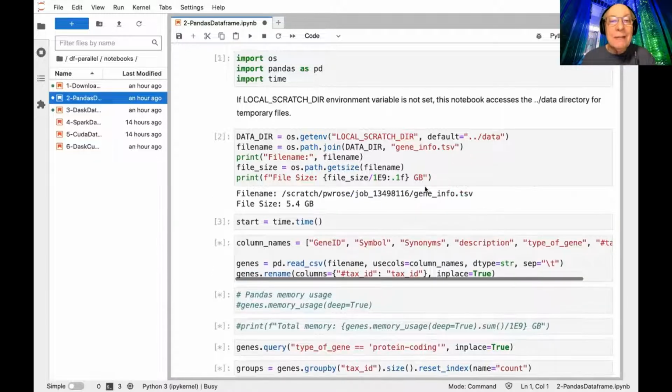So one important thing is when I downloaded the file, I downloaded it into a scratch directory, which is shown here. And that is on the node. So the node has a flash drive attached to it. So this file has been saved on the flash drive. So now I have really fast access to it. And there's an environment variable called local scratch dir, which is set up by Galileo. So if you use that, then that's how you know the path to your local scratch directory here.